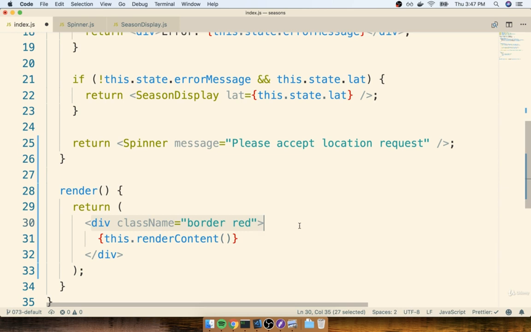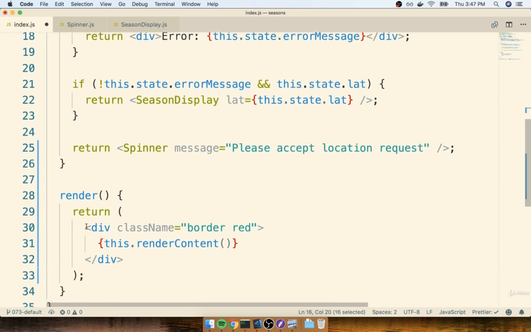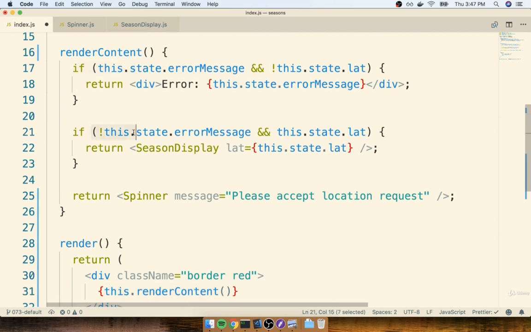We might very easily fall into a condition where no matter what, we always want to return what gets returned from a component wrapped with some common element like so. If we have multiple return statements inside of a render method, doing that becomes very challenging. If we ever have to have conditional logic, as you see right here, we're always going to instead put it into a helper method. So now, when the render method gets called, we're going to show the div, we're going to call render content, we figure out what case we are in, and then we return the appropriate component.